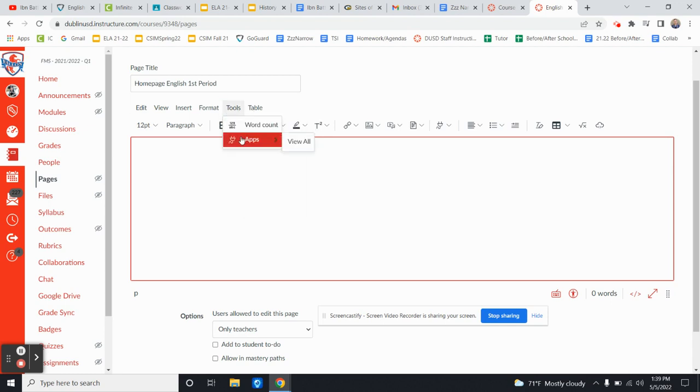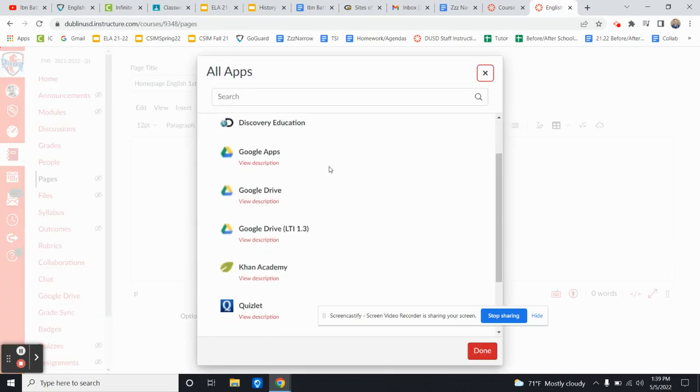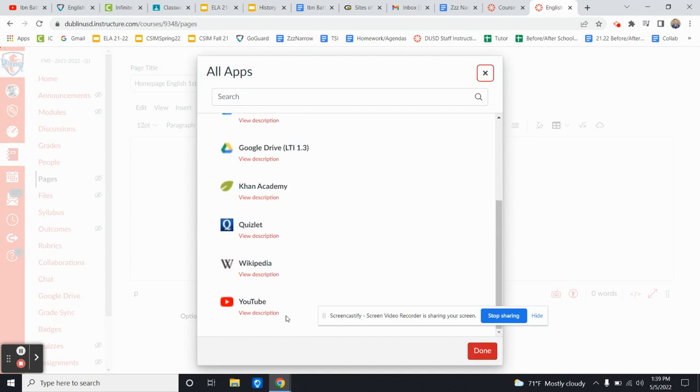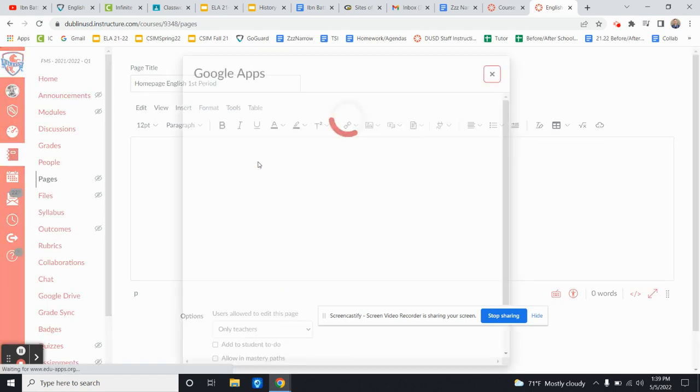In tools, it's worth taking a second to look at all of the different things we have under apps. You can see that I have some different things I can get started with that I have enabled. One thing I could do from this app is include a YouTube video, a Wikipedia page, a Quizlet, some resources from Khan Academy, and then anything out of my Google Drive or Discovery Education. Now, you can see there's different versions of the Google Drive here, the LTI 1.3. I like Google Apps, which is the one I use the most frequently. So if I click that, for example,